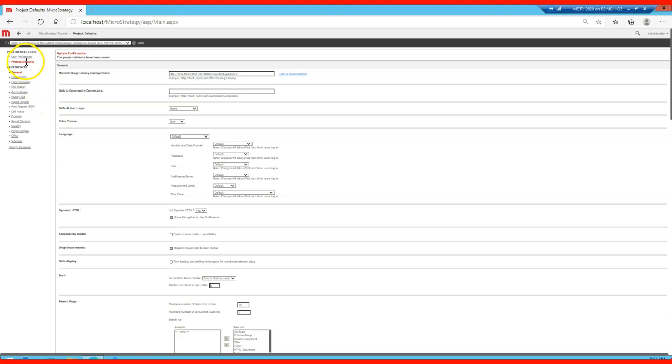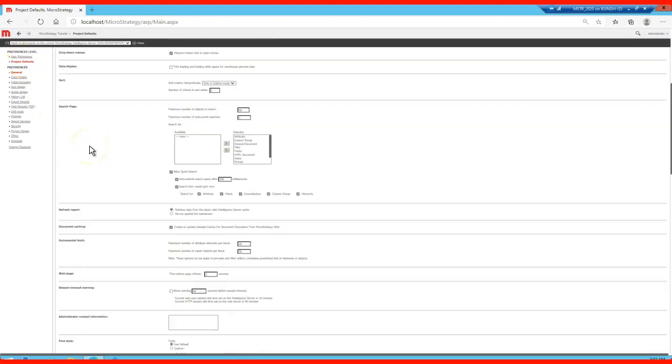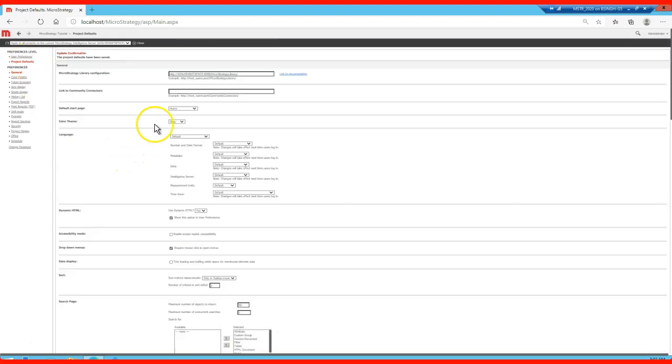Then you can go here, to project defaults. You can change the current color theme, and the page you want as a default page, whether it's the home page, summary, history list, subscription, or my reports. Based on that, you can make your default start page from here.